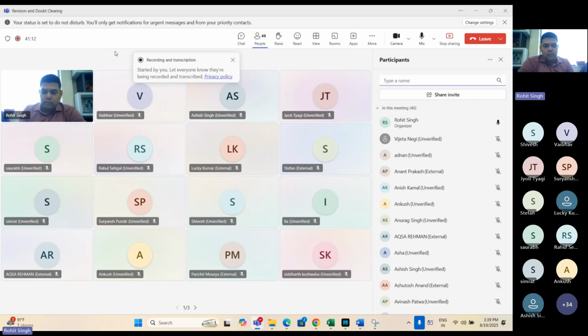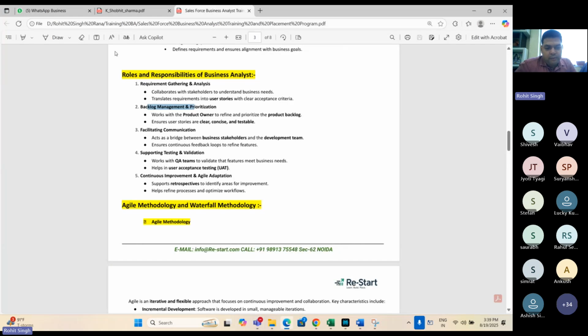So you need to make sure that you have communicated accordingly. And then, of course, the testing part and the continuous improvement part, retrospectives. So you are involved in this. Okay. So then comes